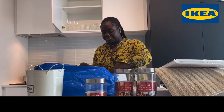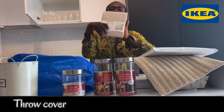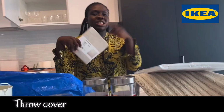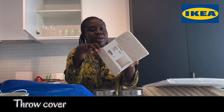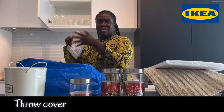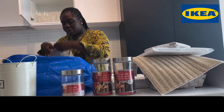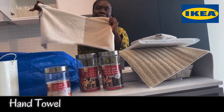Anyways, the next thing I have is a throw for her bed. So she will have 2 big pillows and 1 throw. So it's still the nice cream and white aesthetic. I'll show you how it's meant to look on the screen. She also bought the inserts for the pillows. My favorite part of this, we also got white and cream